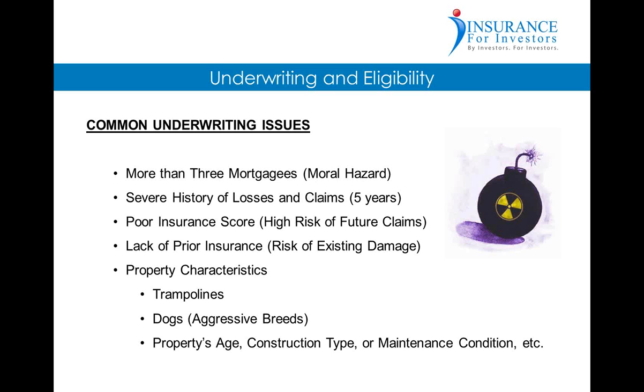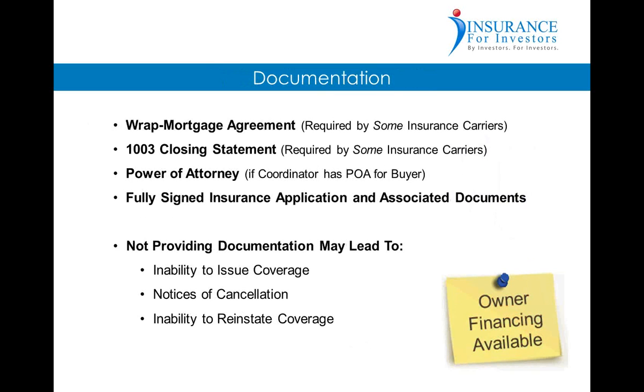Insurance companies want to insure good risks. And a lot of the documentation that is going to be required, not by all companies, but we see becoming requested more and more often at this point, is the wrap mortgage agreement. Some insurance carriers are now aware that wrap mortgages are happening, and they don't mind issuing the coverage, but they want to see and have in their files something showing that this property is actually transferred. Doesn't mean they're sending this to the mortgagee, but in the event there's a claim or a policy change or they get audited, they will often want some type of closing statement, HUD-1, something showing that the property is transferred. They'll still issue coverage, they just want it for their files.